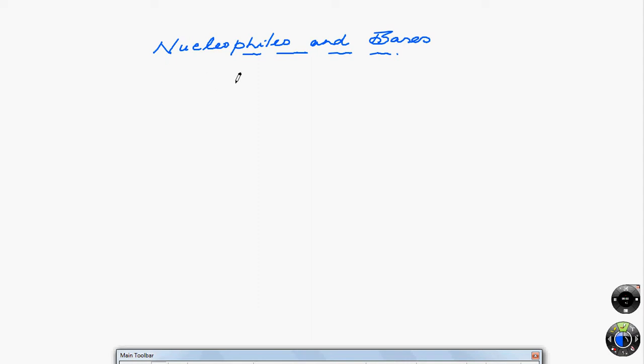Nucleophiles and bases. We will try to understand what nucleophiles are and how they are different from bases. So to begin with, let us consider a reaction